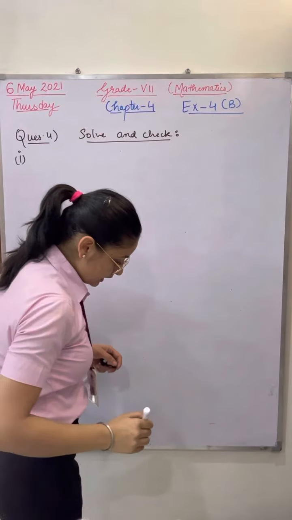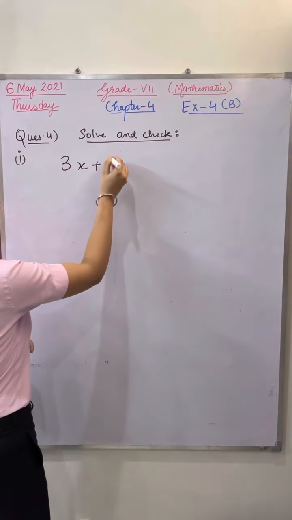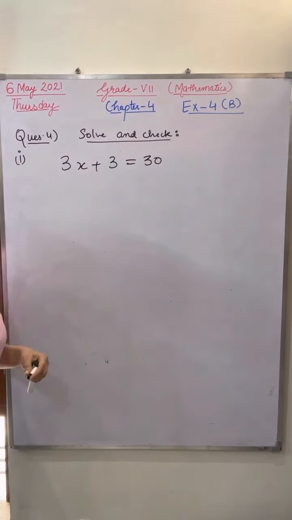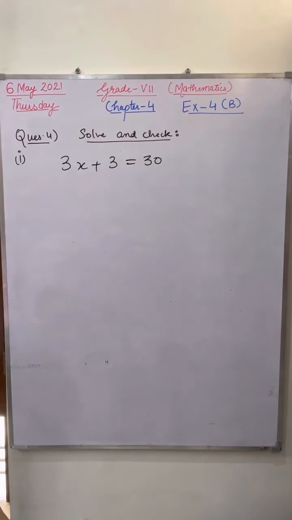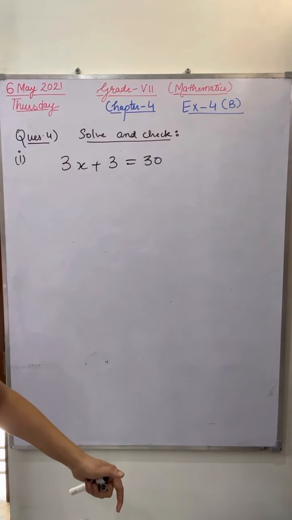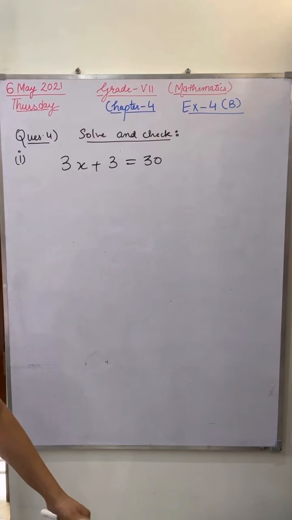First part is 3x plus 3 is equals to 30. 3x plus 3 is equals to 30. Right? So first of all, we will apply which method? Quickly. Like yesterday we have discussed. Same step you have to implement in the beginning. Yes, Prasan, very good. Kanika Lathar, 7th Florence, quickly give me the answer. Tanisha, good. Angel Goyle, very good. Gurveer, give me the answer quickly. Which method we can apply in the beginning?